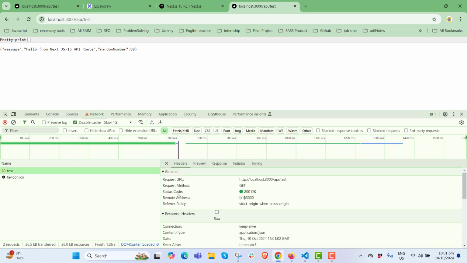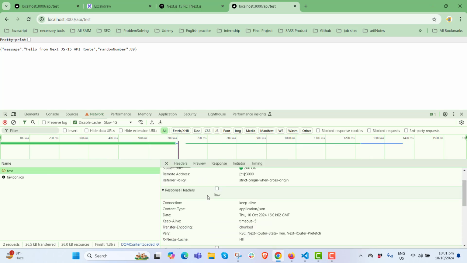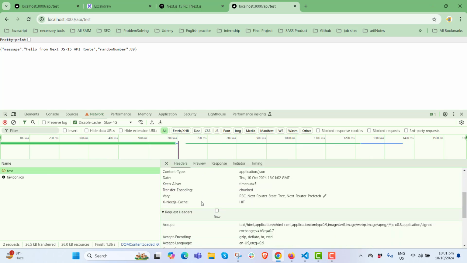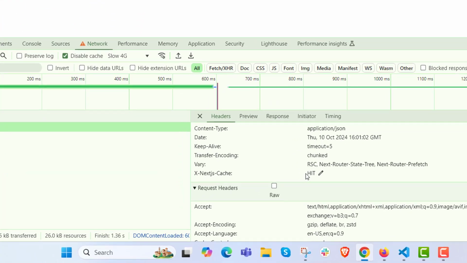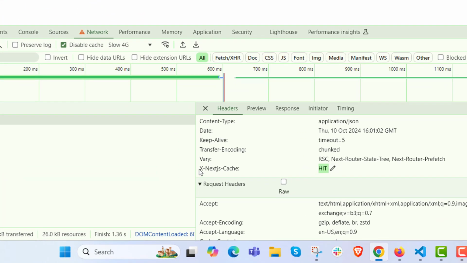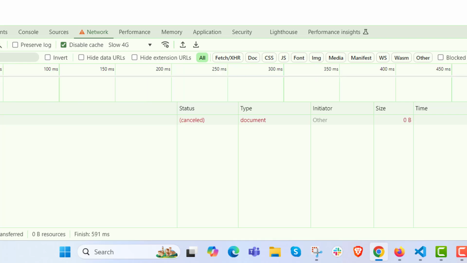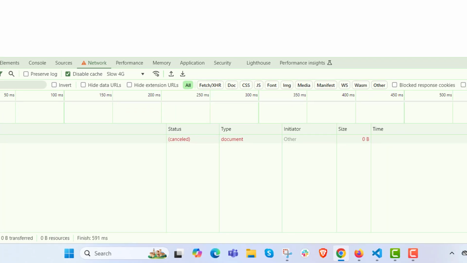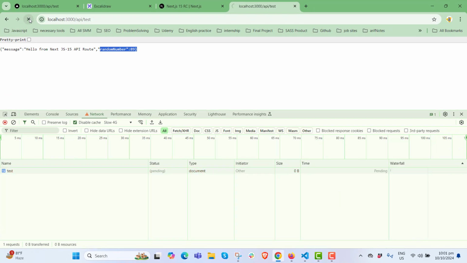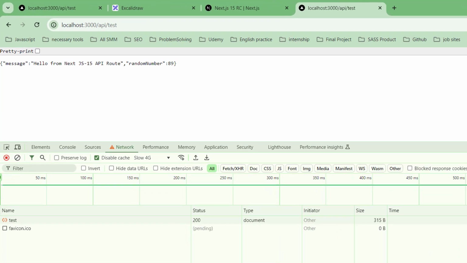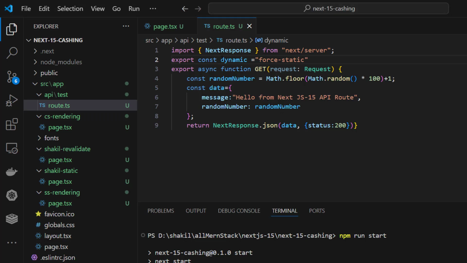And if you come over here, you see the status code. You see, this time you can get a hit. X-Nextjs-Cache: HIT. That means it has been cached and it's not changing. I'm showing you, previously it was changing. So we are getting the previous Next.js 14 behavior by declaring const dynamic force static,